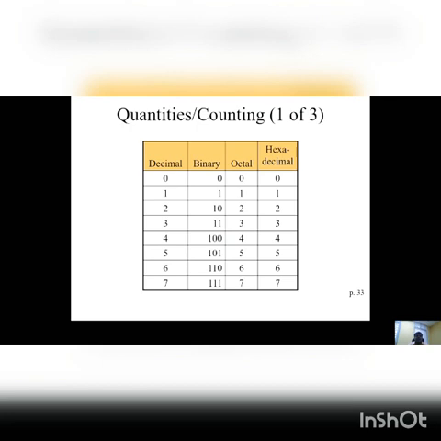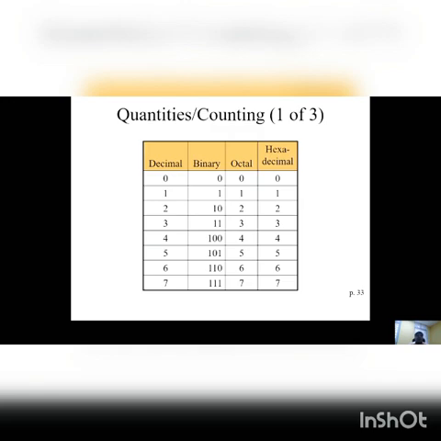So in this slide, we will see binary, octal, and hexadecimal numbers corresponding to decimal numbers from 0 to 23. Then you will be able to understand exactly what the binary, octal, and hexadecimal numbers corresponding to a decimal are. Decimal number is 0, then binary is 0, octal is 0, hexadecimal is 0. If decimal is 1, binary is 1, octal is 1, hexadecimal is 1.